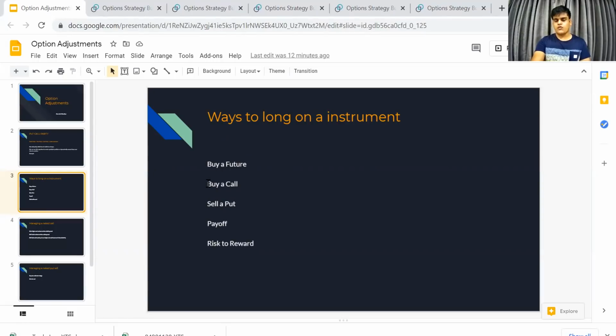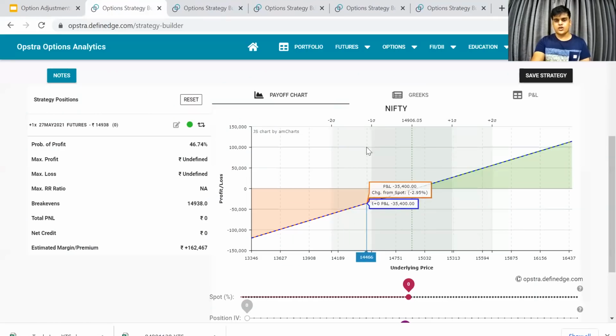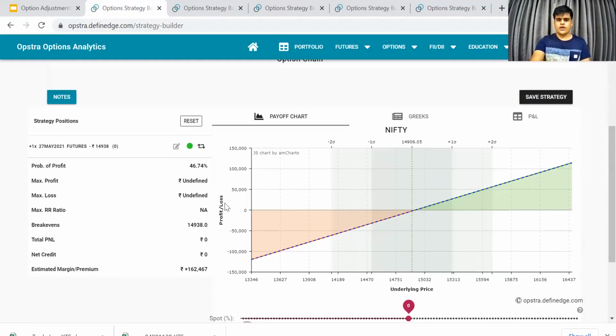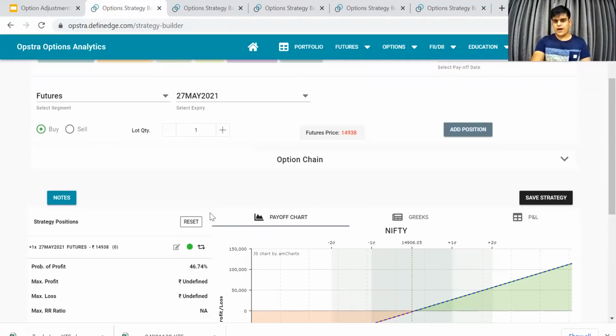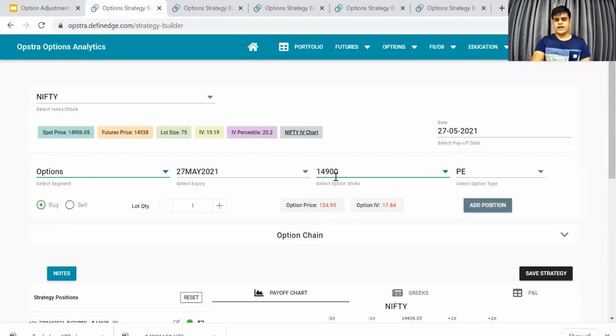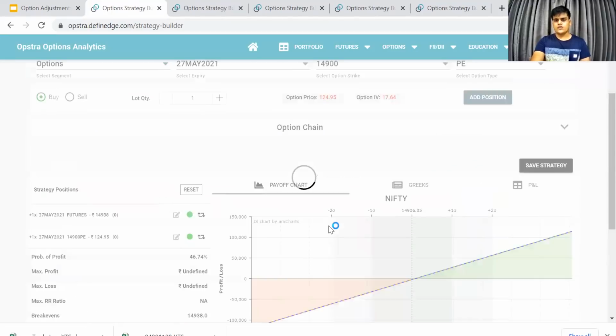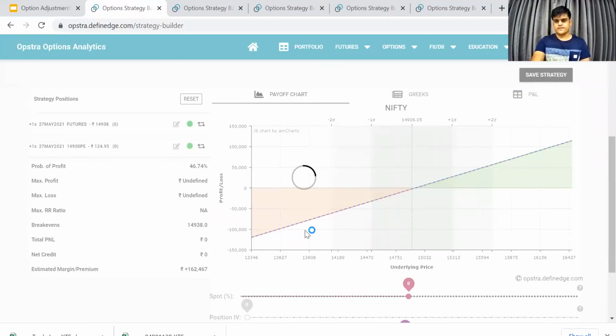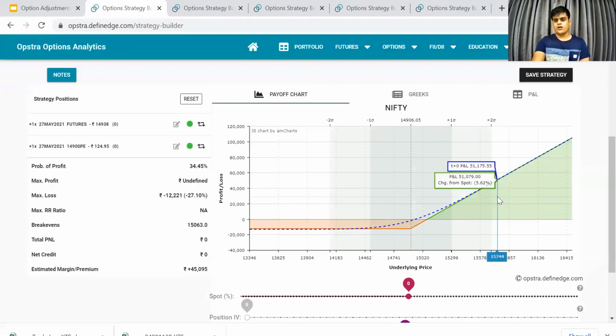But see, what you can do now, as you have understood put call parity, from a buy future. Suppose I'm bullish, I buy a future and suddenly the market is not going in my favor and I want to cap my risk. Or suppose I buy a future intraday and overnight I don't want to carry any risk. So instead of a naked future, I can buy an ATM option at day end. This will cap my risk. Basically, from a naked future, I'm converting to a buy call. So this is what you can do to manage your risk.